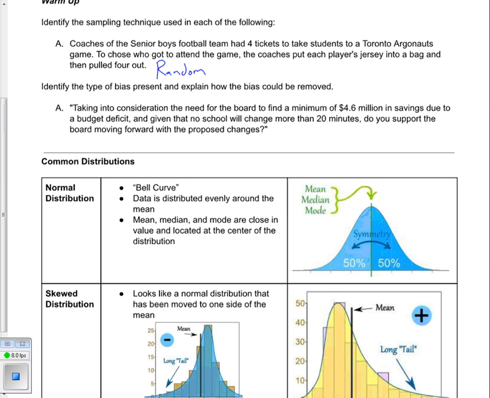The second part of the warm-up says, identify the type of bias present and explain how that bias could be removed. So the question says, taking into consideration the need for the board to find a minimum of $4.6 million in savings due to a budget deficit, and given that no school will change more than 20 minutes, do you support the board moving forward with the proposed changes? This is in relation to bell times and is why high schools start so much earlier than elementary schools. This question is actually a classic example of response bias because